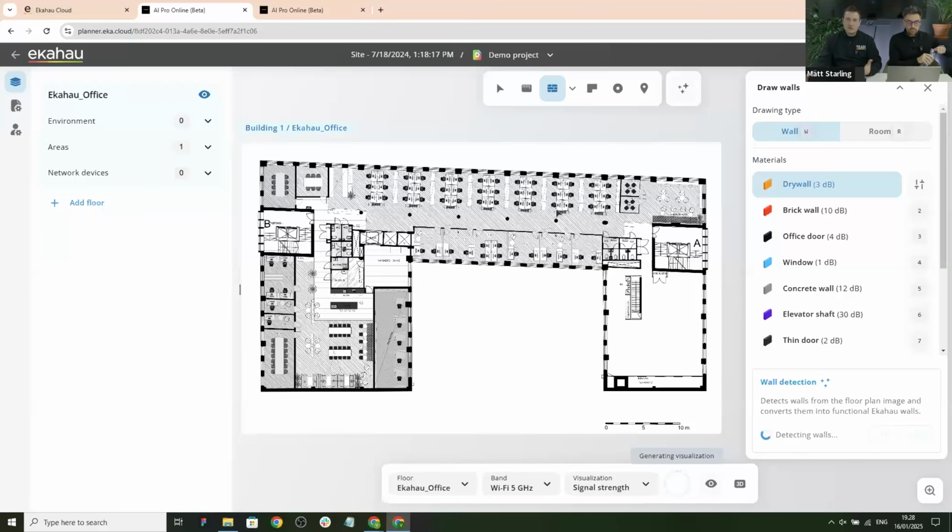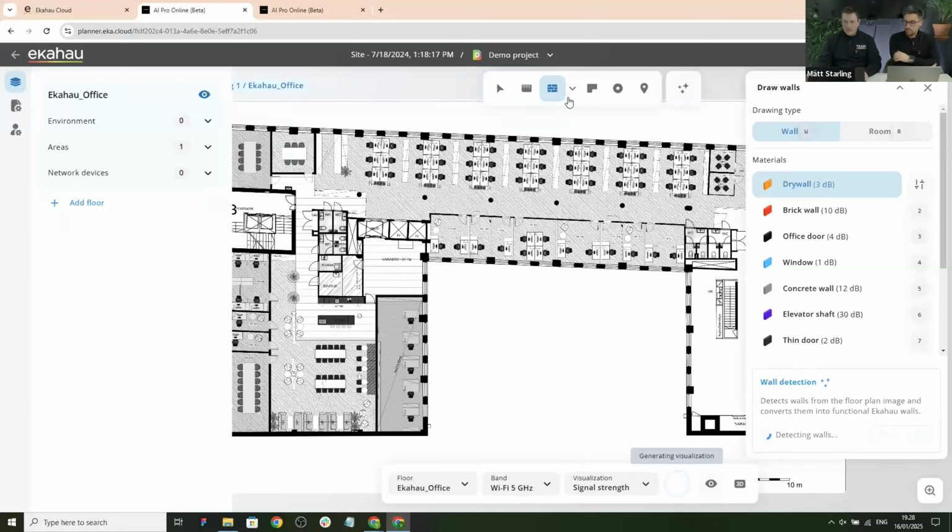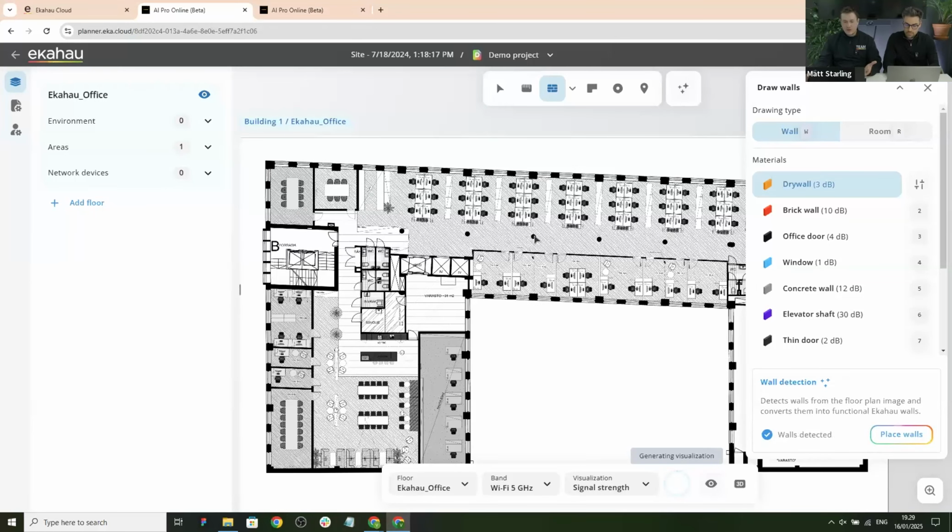I don't have a survey to draw the AI environment, so I need to define it myself. That happens by drawing walls and obstacles. And what you see if you select our wall tool is that we automatically already triggered AI environment detection. So we're analyzing this image and we will be proposing the obstacles.